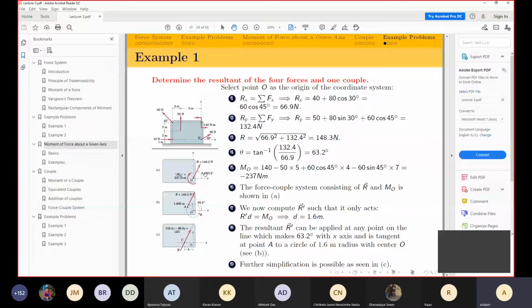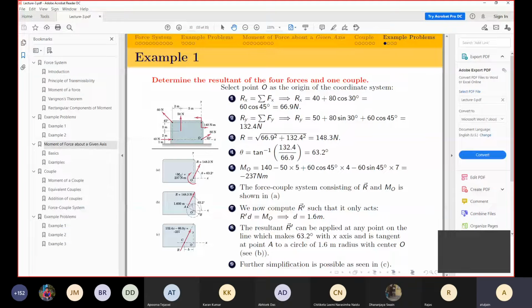Now the question is, is there some point, not O, but some unknown point where this moment will disappear, where the entire moment and forces can be replaced by a single force? Let that point be point A. At point A, the couple is going to be R into D or OA, which is equal to M0 minus 237 Newton meters, so at that point all the forces and moments are replaced by a single